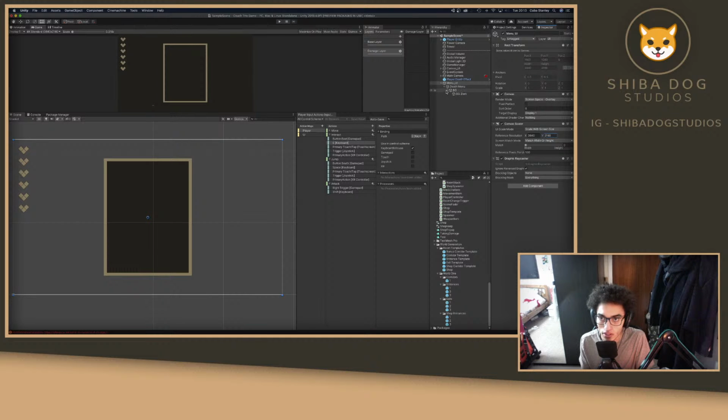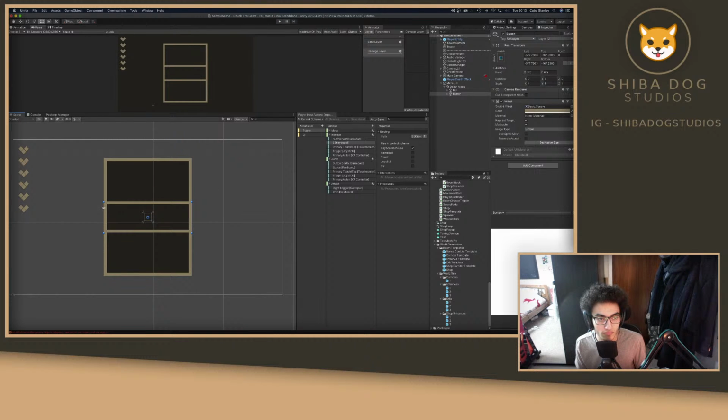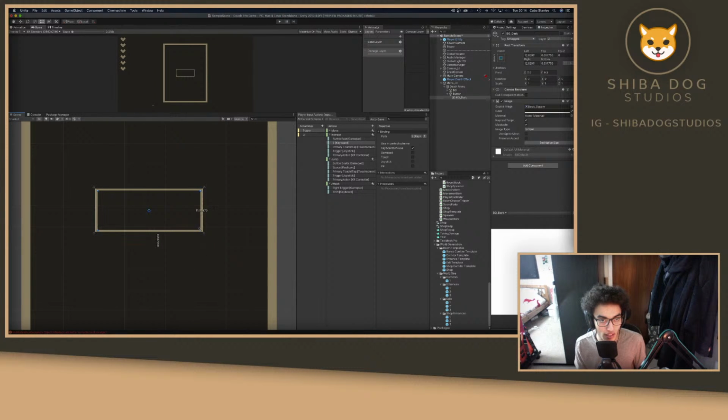Let's make our button. I'm actually gonna duplicate this because I quite like having the outline. I'm gonna make the outline thinner for these buttons, aka make this bit bigger. So you can see up in the top we've got this button kind of thing coming together, and then of course a button needs some text,